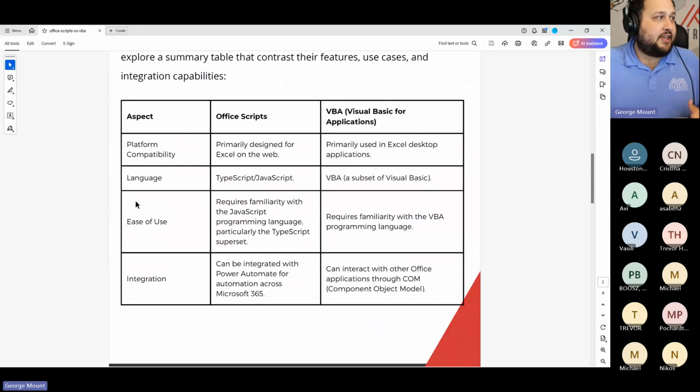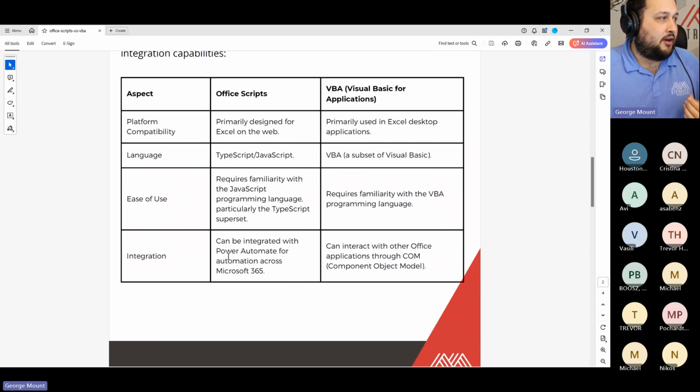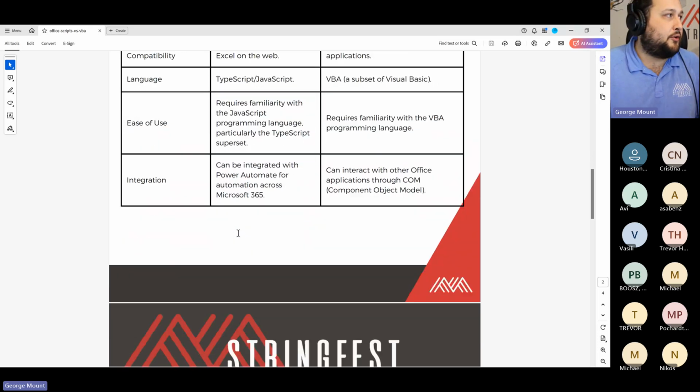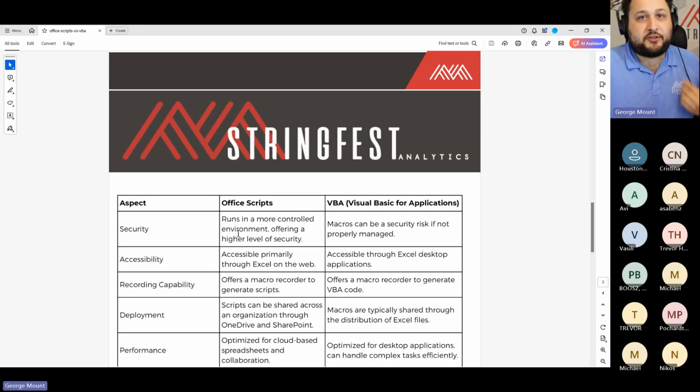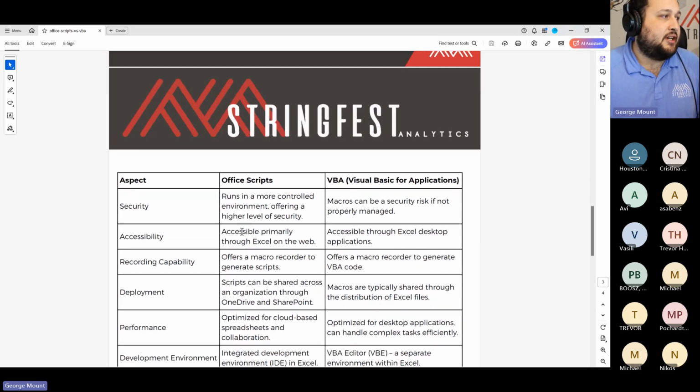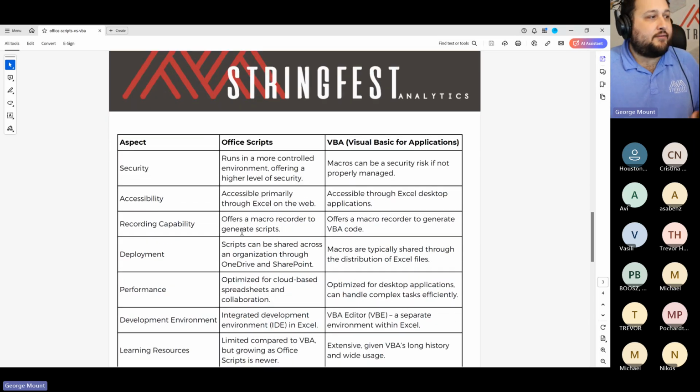Okay, if you are looking to interface with tools on the web, if you want to run automations from the web, from OneDrive, you want things to run so that they don't need to be done on a local computer. You want things to be interfacing with Power Automate, which is another tool that I'm going to do some training on. It's really a web first program. Okay, that makes it in some ways more secure. I know a lot of us know, from experience, that macros have been harder and harder to use and to share, and there's a reason, one of which is the security issues that macros offer. So just think of this as a web first, cloud first experience.